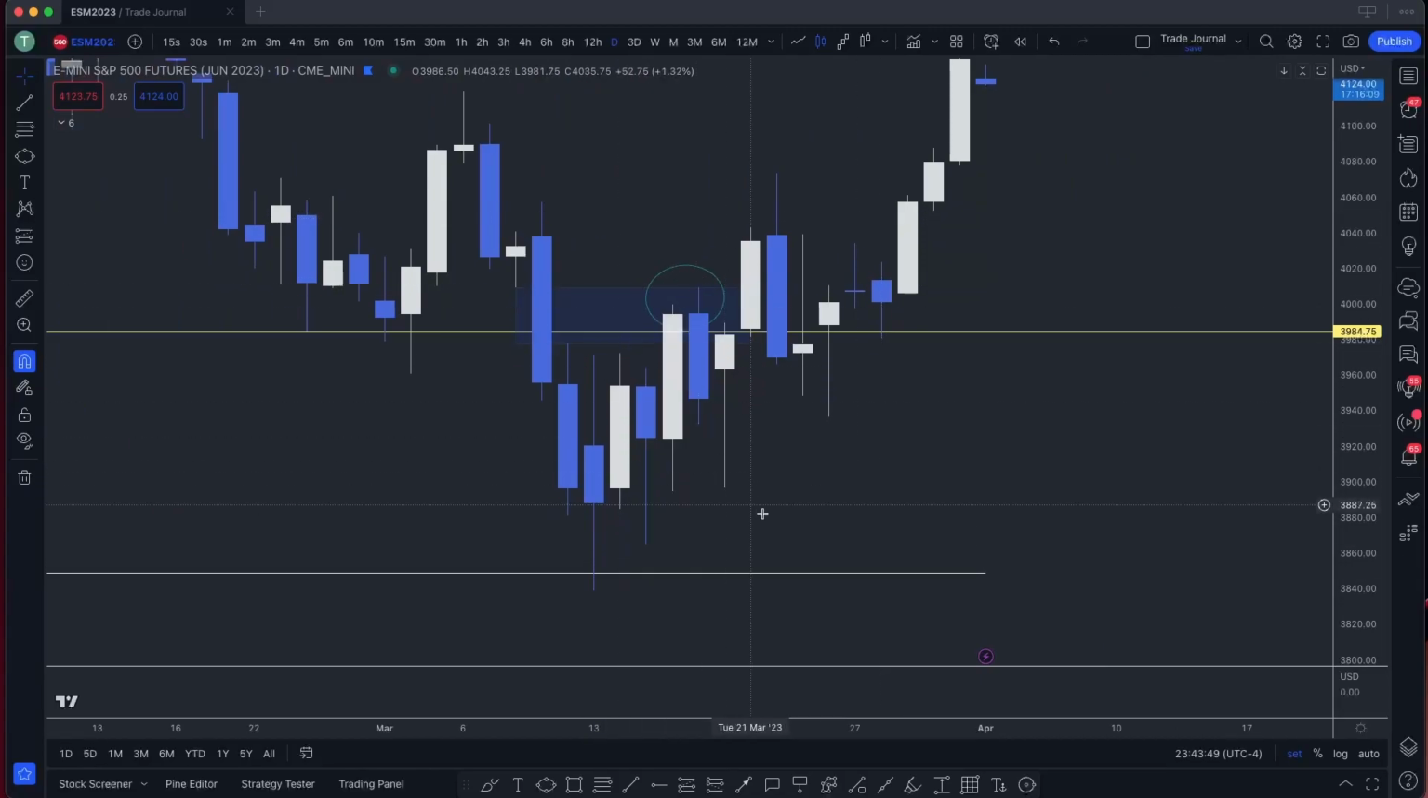You can see that there was a move off of this area. Didn't go down here, but on a lower time frame, there was a trade from roughly this area, which is a retracement from, let's say, this high to this low, around the 62, 70%, in line with this gap. There was a move, there was a reaction there. But